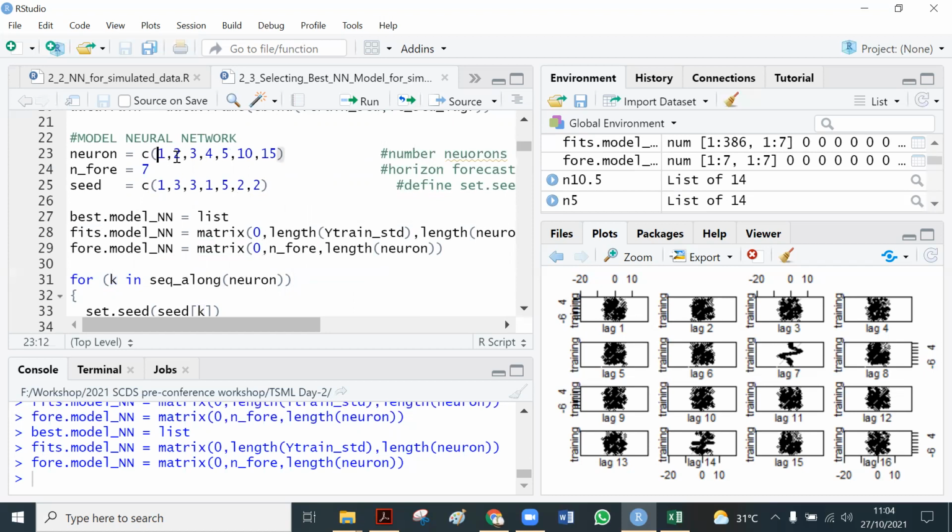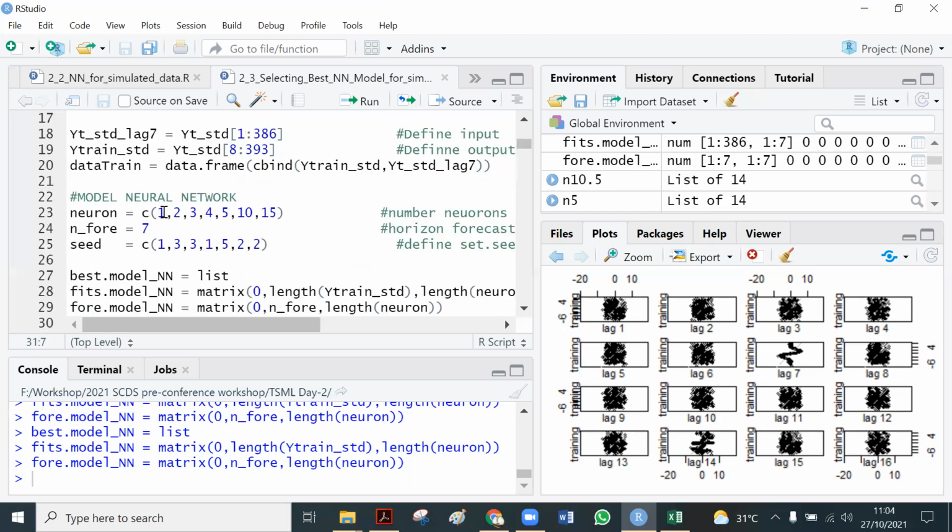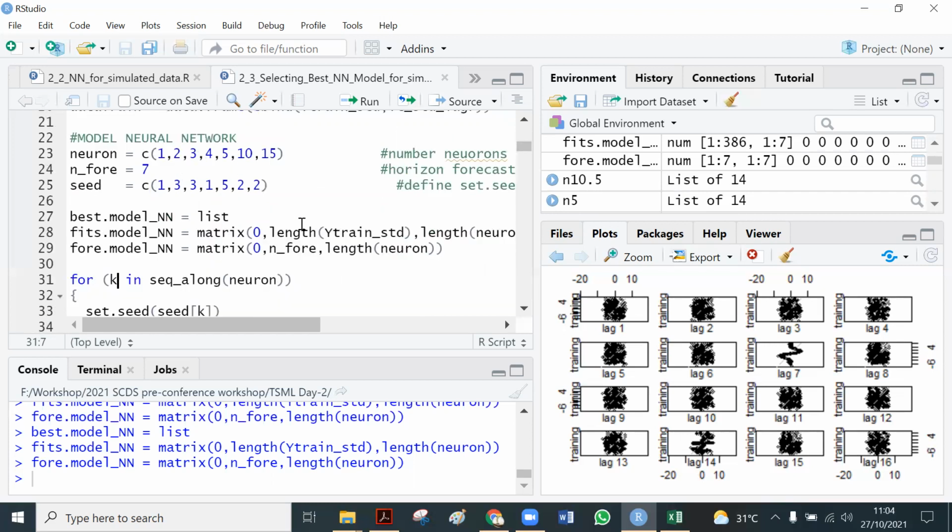This is 1, 2, 3, 4, 5, 6, 7. So we have 7 values of neuron. So K will increase from 1 until 7. But the values are 1, 2, 3, 4, 5, 10, and 15.